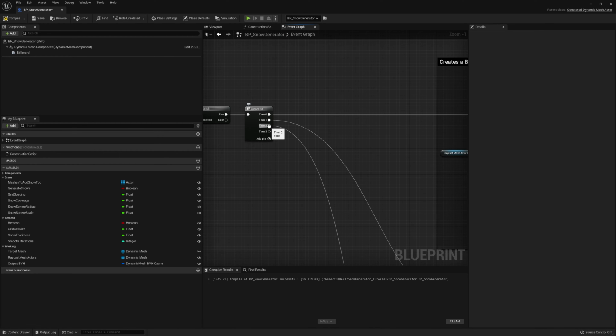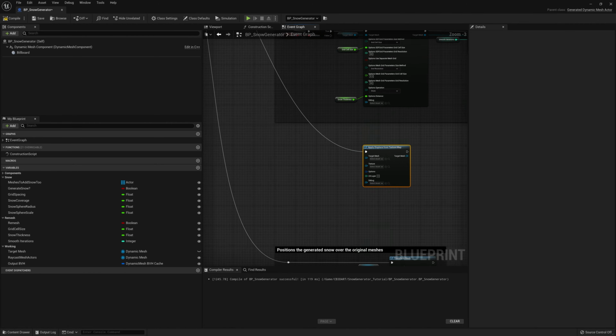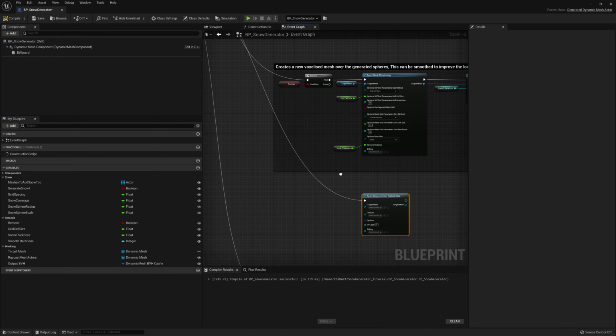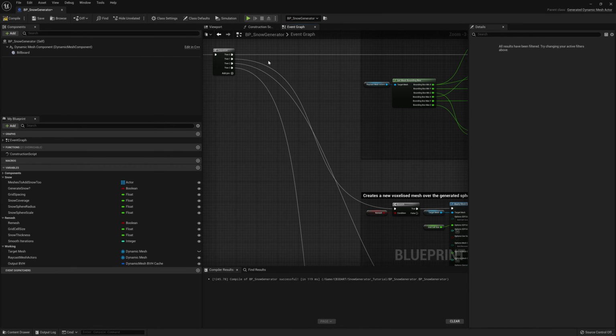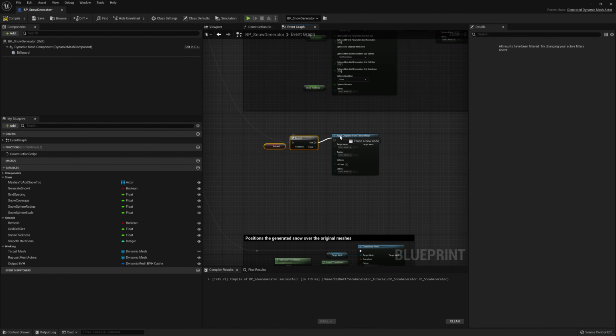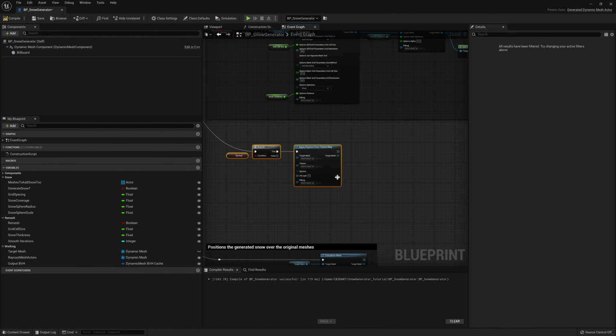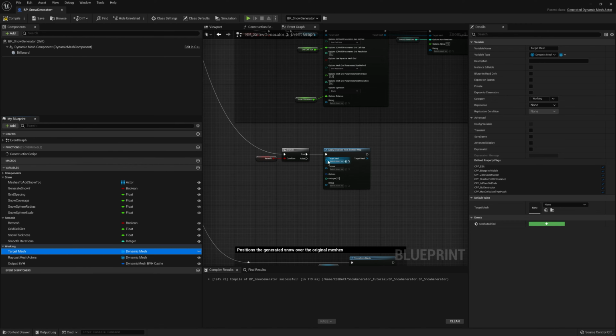Just going to move this. If you hold control, you can drag connections, and then I'm going to connect that up. So after it's done the remesh, it's then going to do this. But I actually want this only to happen if a remesh actually happens. So I can easily add this same if statement in here, and it just means that it'll only do this displacement if the remesh has already been completed. The next thing we need to do is put our target mesh into the target mesh slot,